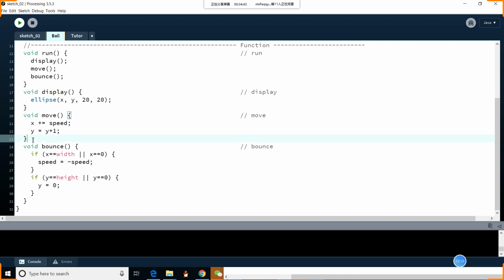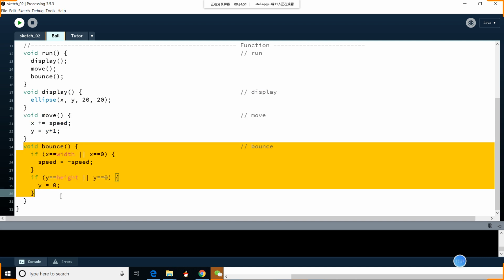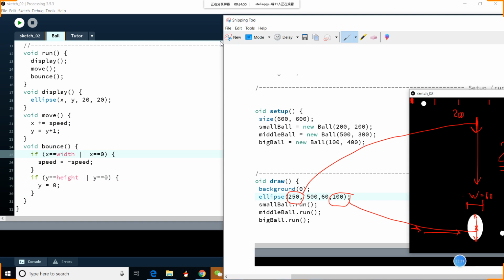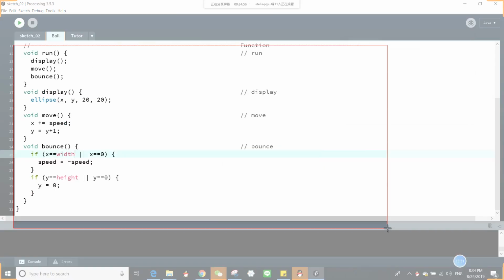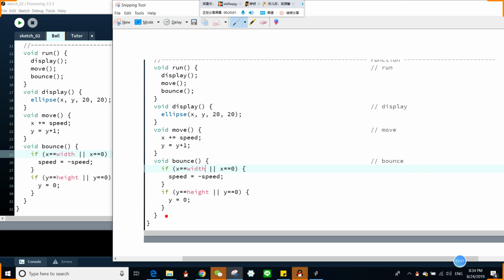Now next function is move, and then another one is bounce, and then we put these three functions as a package, and when we put it here,